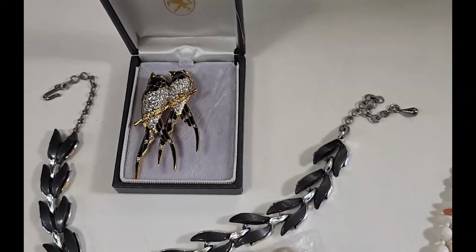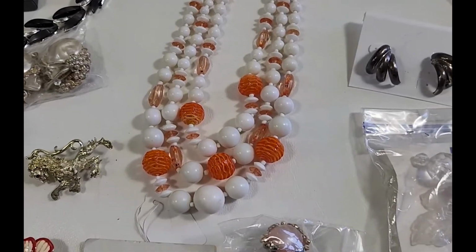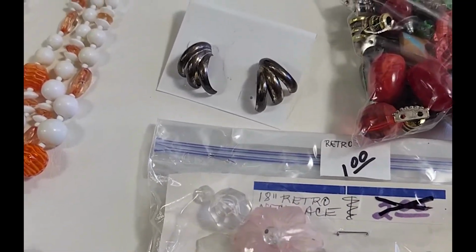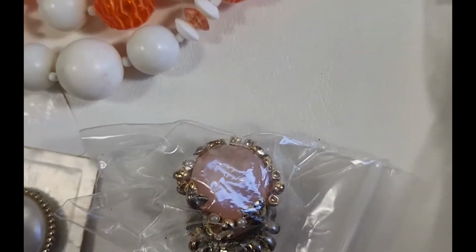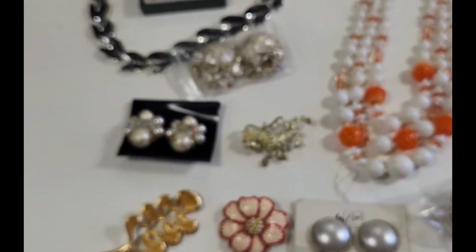Any kind of brooches that has 2 or 3 birds in it is always better than one, and they sell pretty good. And this set of earrings right here is sterling silver, so I picked that up for $1. And these little pink ones, which you can't really tell, are moon glow. Alright, so I paid $15 for all that. And then over here,